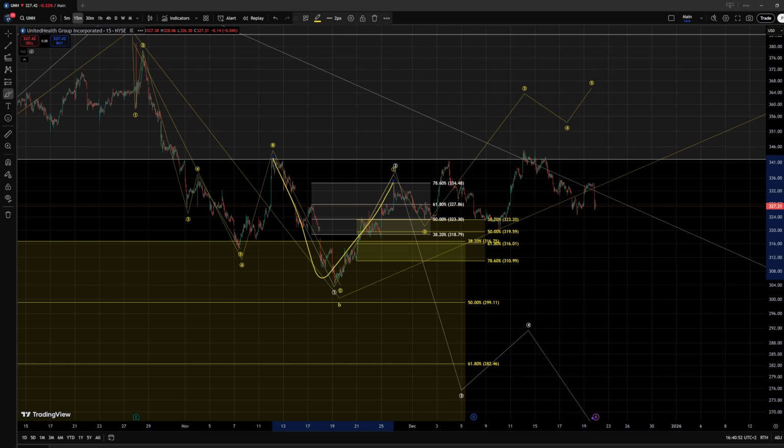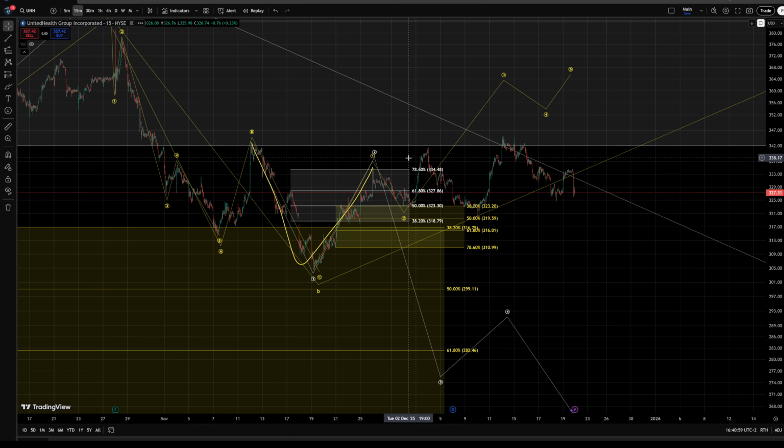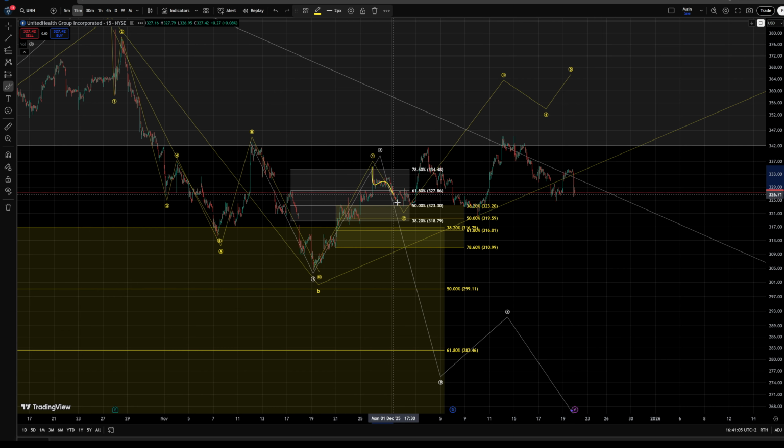Now, this would have been the wave 3 of the larger wave C in white, although even though we did get rejected here initially within the area of resistance in a wave 2, the 78.6% retracement did create this more significant reaction, and even along the way we can see how these levels did create the reactions that caused downside afterwards. Even though these happened, we did manage to break out, firstly above the area of resistance,